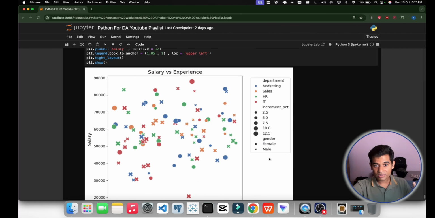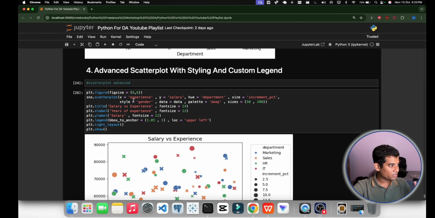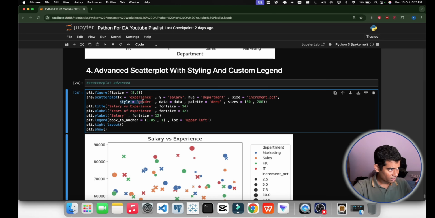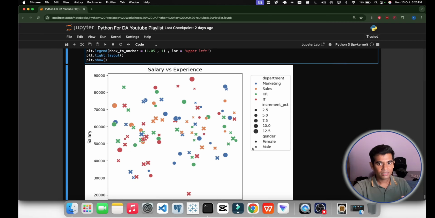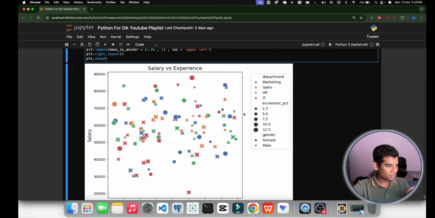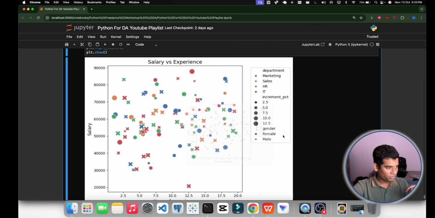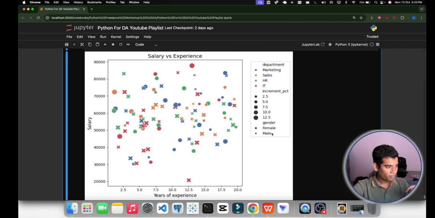Then comes the style part, style equal to gender, where we have used different markers, like x and 0. In this we have combined each and everything, and we have got a beautiful scatter plot.